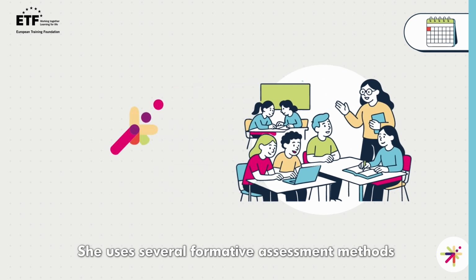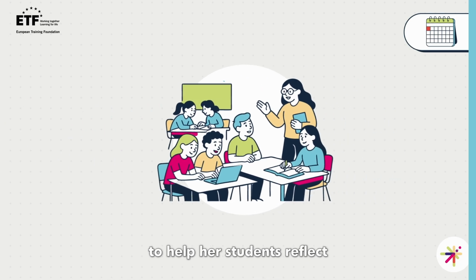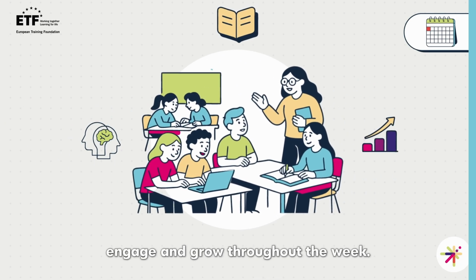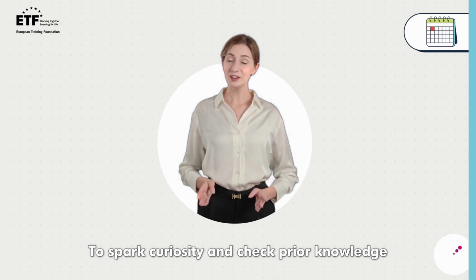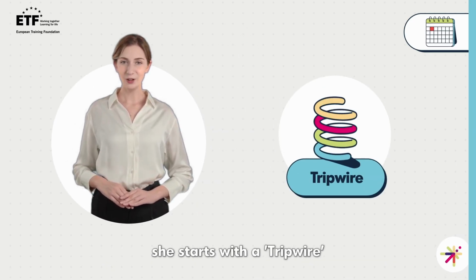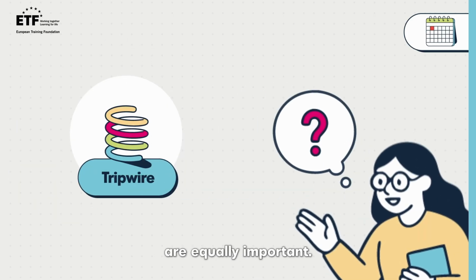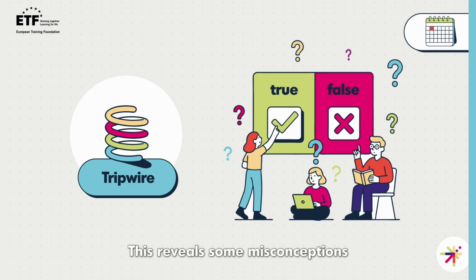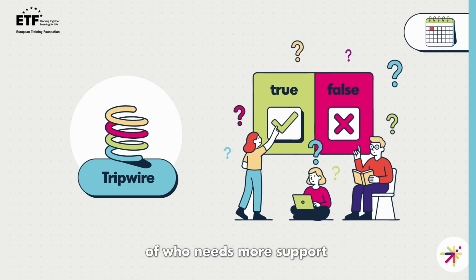She uses several formative assessment methods collected in the FormA toolkit to help her students reflect, engage, and grow throughout the week. To spark curiosity and check prior knowledge, she starts with a tripwire, a short question. All animals in a food web are equally important. True or false? This reveals some misconceptions and gives her a quick sense of who needs more support with the